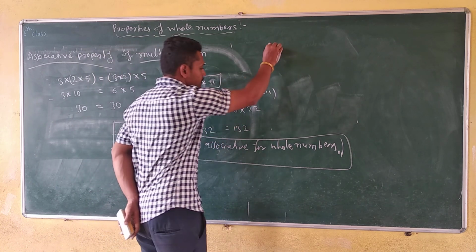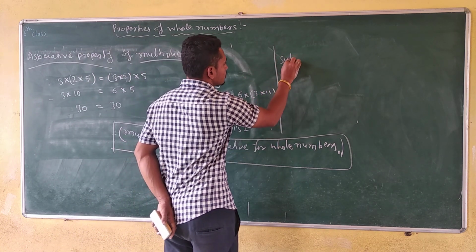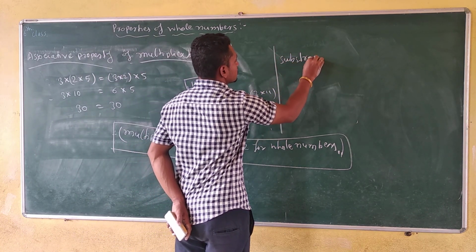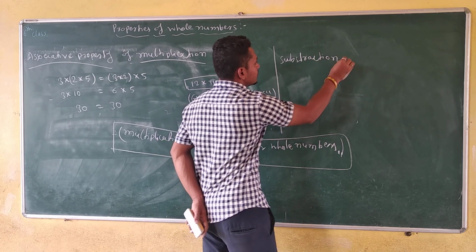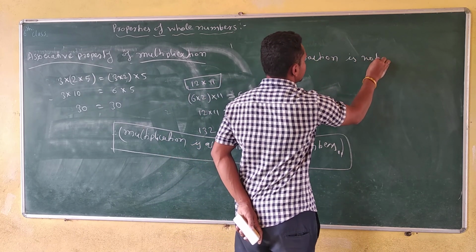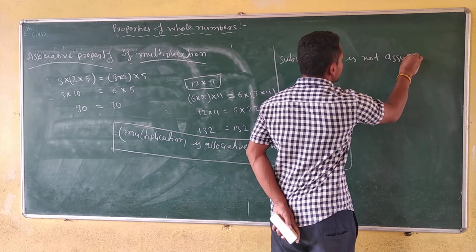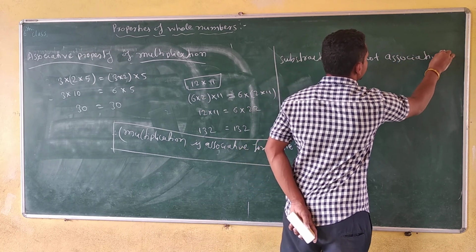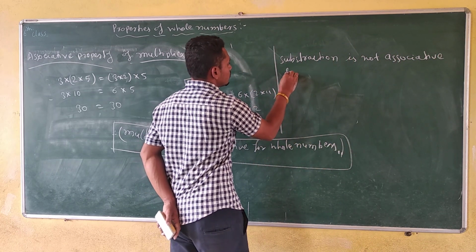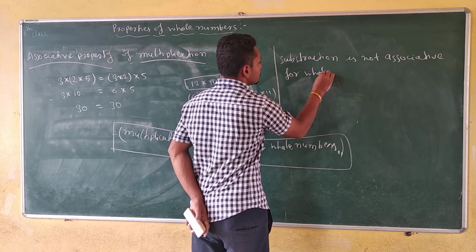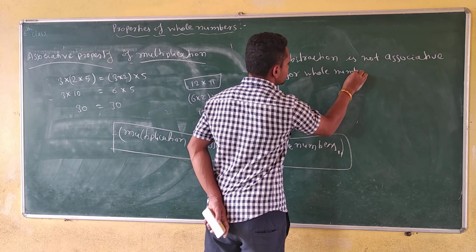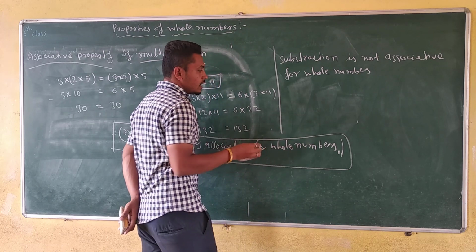You can write here: subtraction is not associative for whole numbers. Okay, and another one is